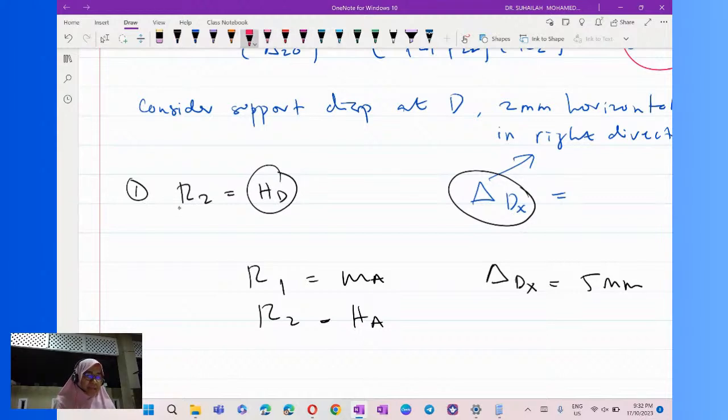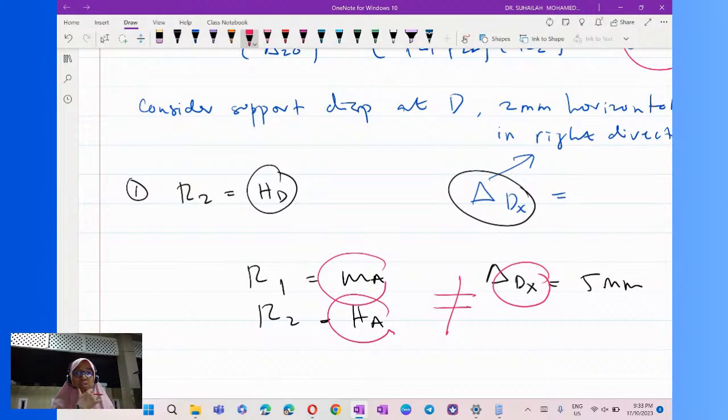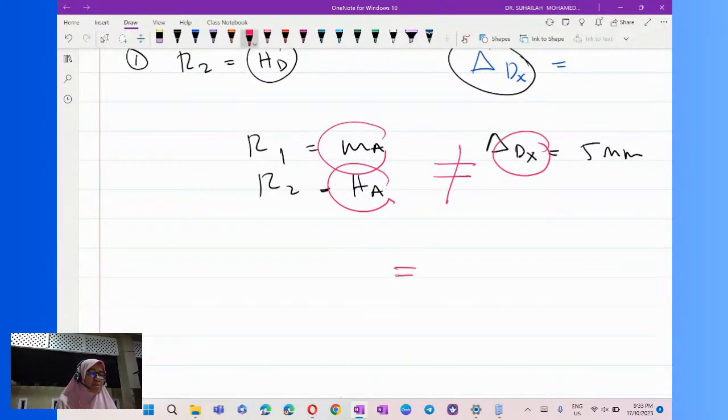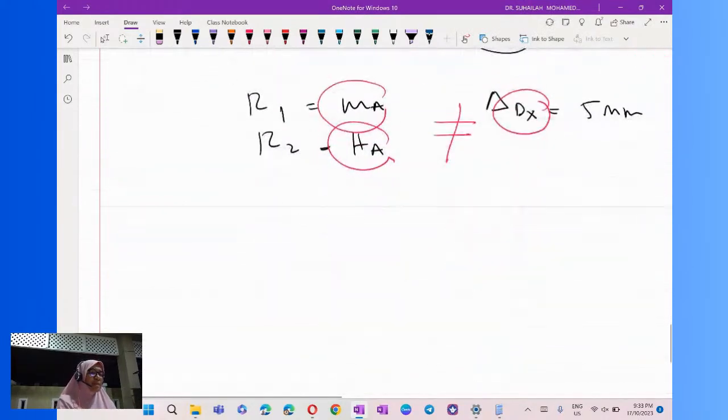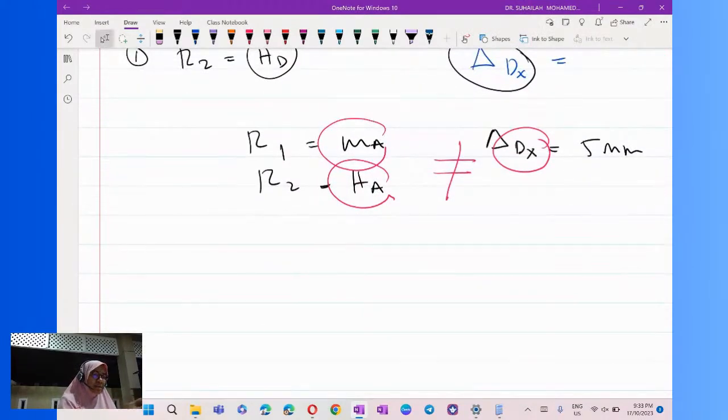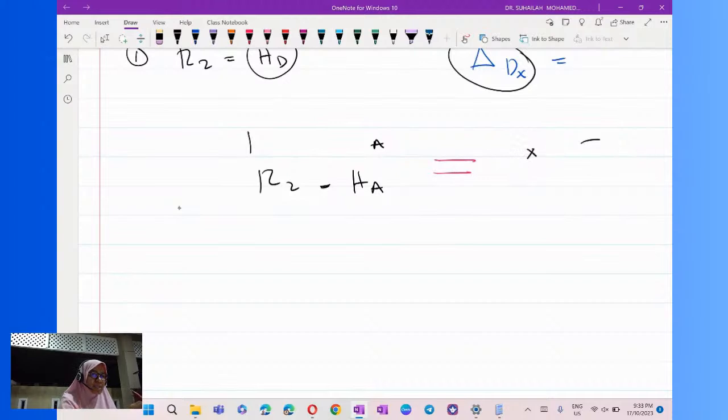Okay, nampak tak? Yang ni dia dekat D, but yang ni dia dekat A. Dekat A. So tak sama kan? Tak sama position. When tak sama position, you cannot put equivalent to 5 mm in the equation directly, cannot. Okay, but in this case, in this example,